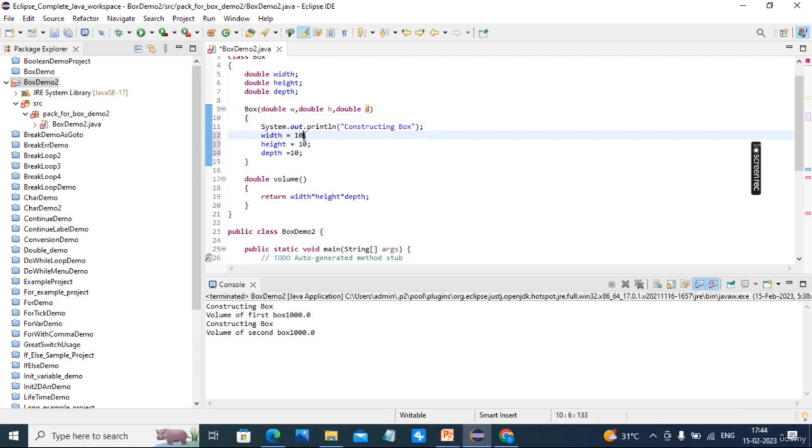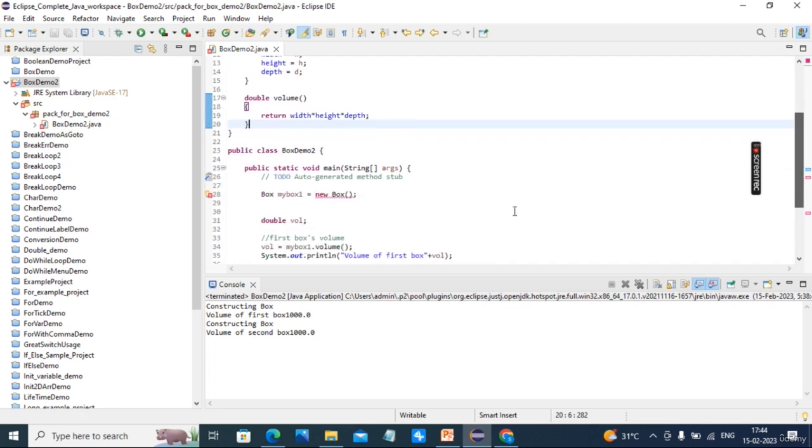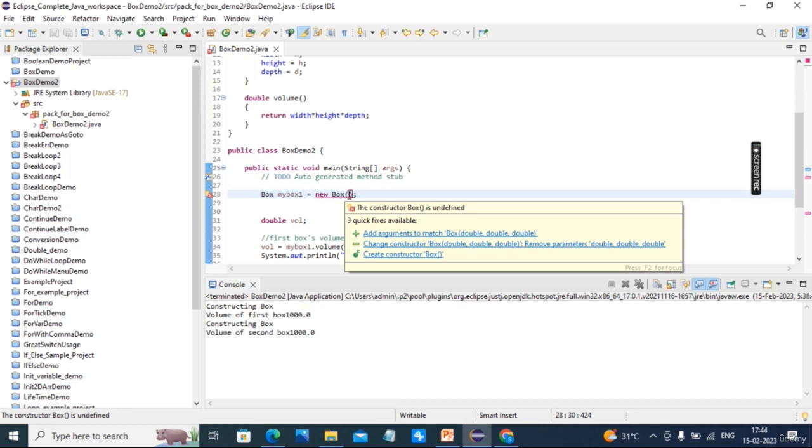Now width will be initialized to w, height will be initialized to h, and depth will be initialized to d. All other will remain the same. Only while calling, I am passing values. The default constructor is not there now, so I need to pass new values